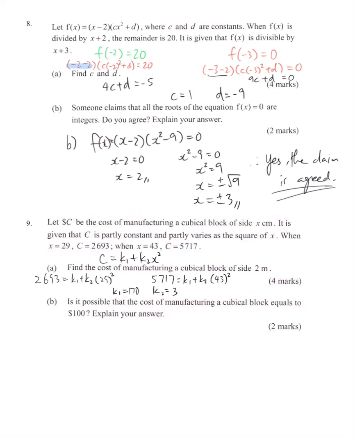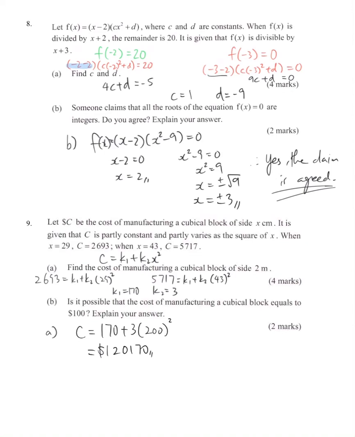Now we need to find the answer for part A first, with x as 2 meters, but watch out, there's a trap here. The x value should be in terms of cm, so you need to convert the meters into cm, and 1 meter has 100 cm in it, so the x you need to use is 200. So C is equal to 170 plus 3 times 200 squared. 200 squared needs to be multiplied by 3 before it's added to 170. So the answer would be then